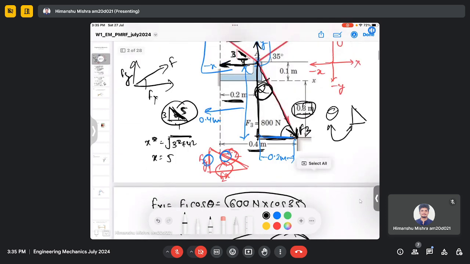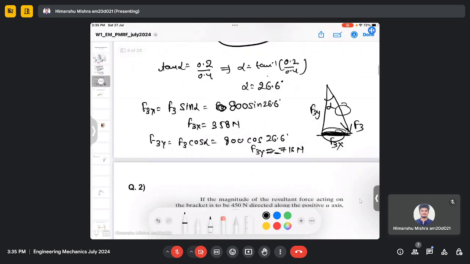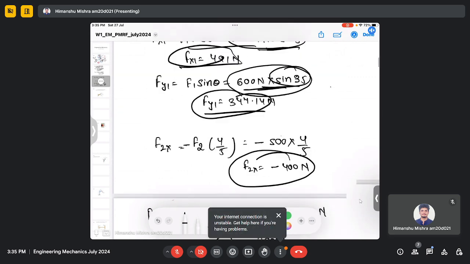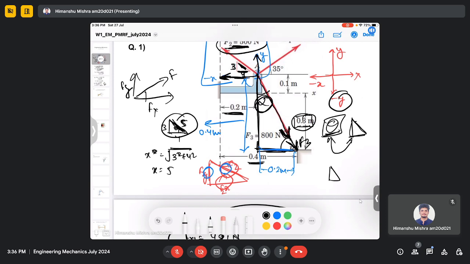And you can see the direction of force is in the minus y direction, so it will be a negative sign. This will be a negative 716 Newton. So it's a bit easy problem. We just need to calculate the components of different kinds of forces, and we actually use three easy methods. First, we use the trigonometric angles to find the component, which is pretty obvious and straightforward. Then we use the ratio of triangles to calculate the components. And then, since we have been given the distance of both horizontal and vertical sides, we actually use this distance to